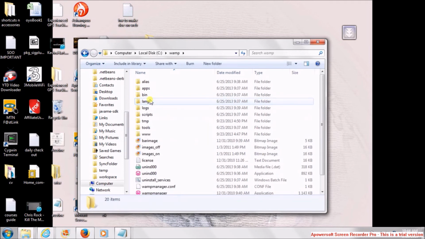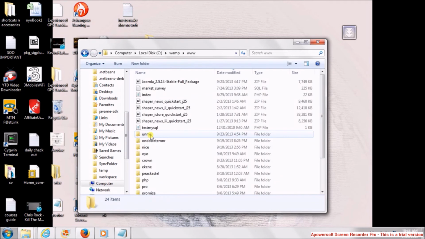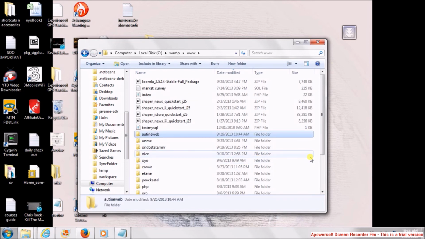When your WAMP opens, get to www. When it opens, just paste the hosting web. I'm going to do Ctrl V to paste. Go, this is my hosting web. So this is where I'm going to be operating from henceforth, so that my work will be well done. The hosting web that we copied, we've now put it inside our www directory, which is inside our WAMP server